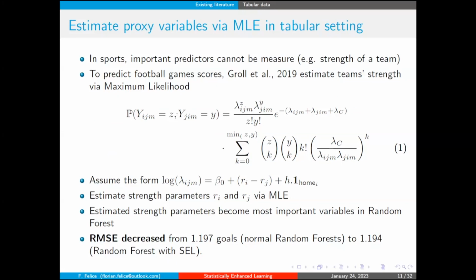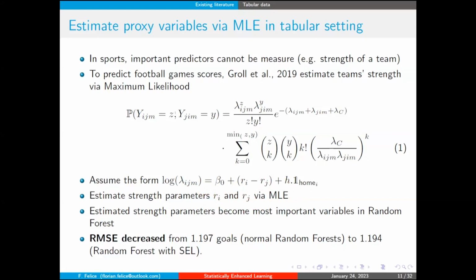And to estimate that, because it's not directly measurable, they take a bivariate Poisson distribution with two parameters, lambda for the home team and lambda for the away team, and they use maximum likelihood estimation to estimate those parameters. But not only did they estimate the parameters using maximum likelihood, they also defined a specific form that you have here, which is basically a function of a constant, the strength of the team as an intercept, and also the difference of the strength between both teams. So the difference between the teams will play in favor of one versus another, and there is some additional term here for the effect of playing at home.